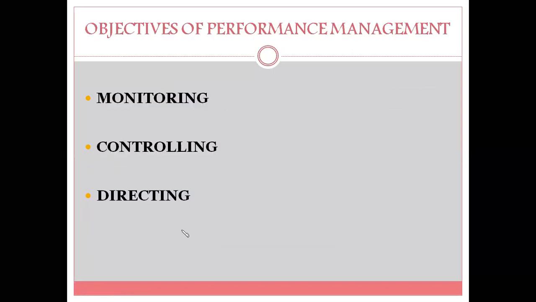Okay. Now you can see over here three major objectives of performance management. First one is monitoring, then controlling, and directing. Three major objectives of performance management. First one is monitoring. Monitoring means keeping a close watch on the performance of various activities and providing the feedback